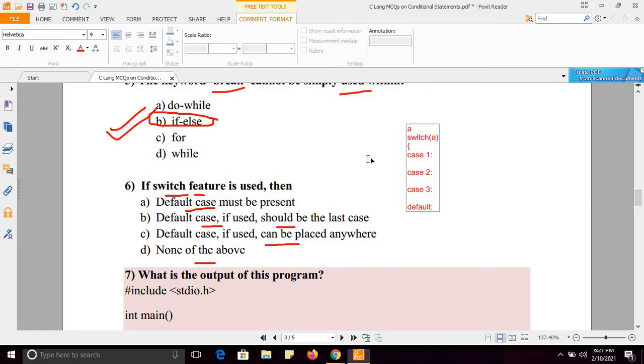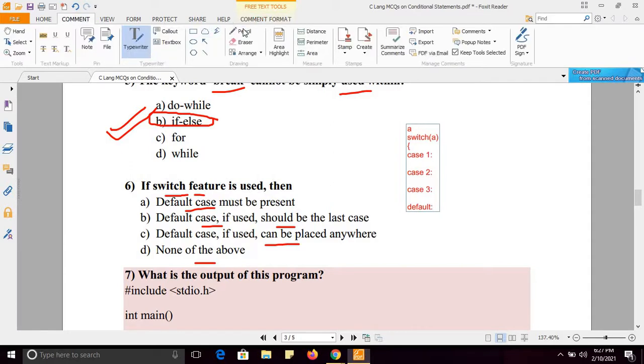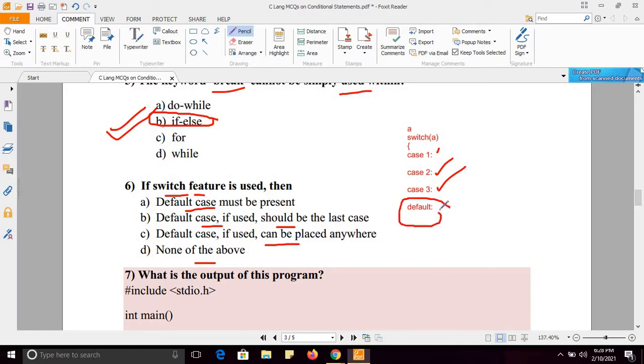If the value of a is 1, then case 1 will be executed. If the value of a is 2, then case 2 will be executed. If the value of a is 3, then case 3 will be executed. And for any other value, the default case will be executed. But it is optional. You can use it or you can leave it.